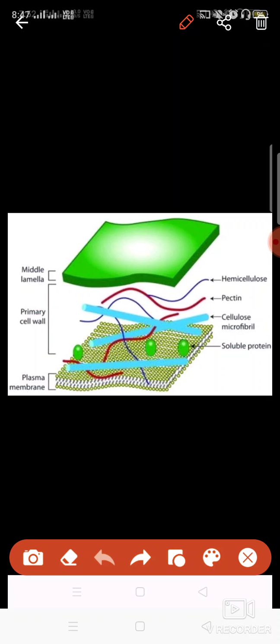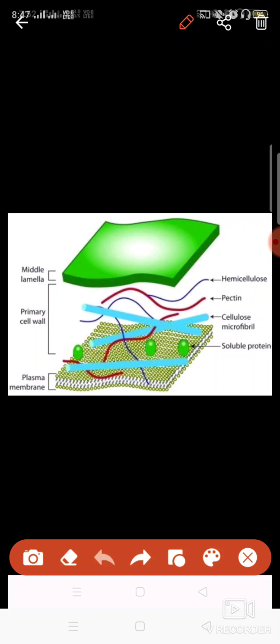And some pectin fibers are also present, and these pectin fibers are basically present for holding things. The function of pectin is to hold things. It is just like a gum. It will hold all these things together so that it will be compacted, and these will combine together to form a thick layer here. So pectin is present to hold things.